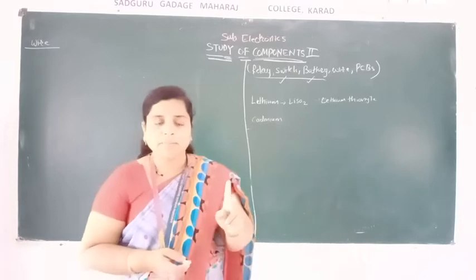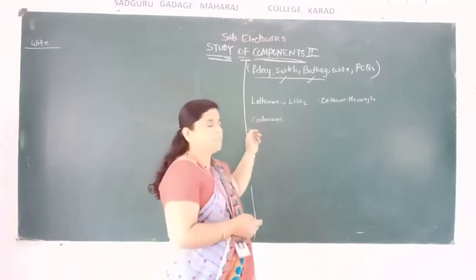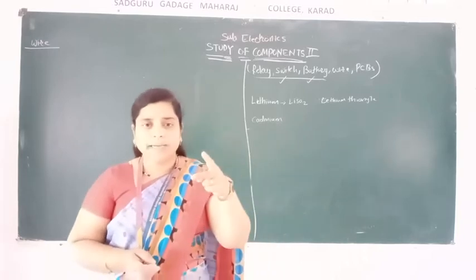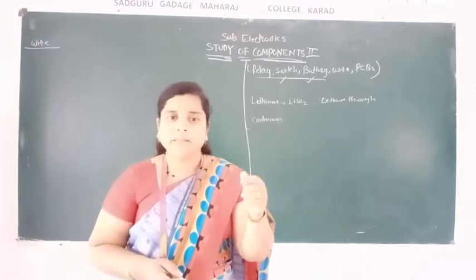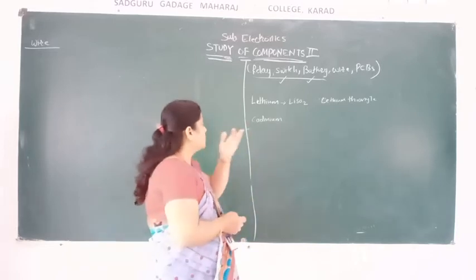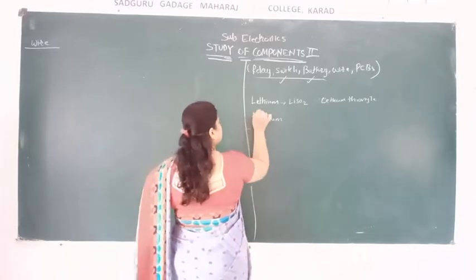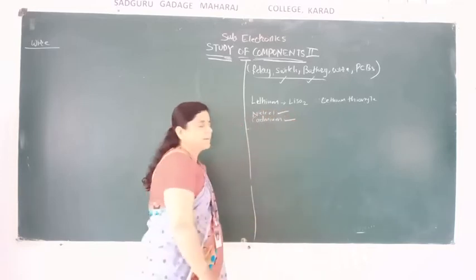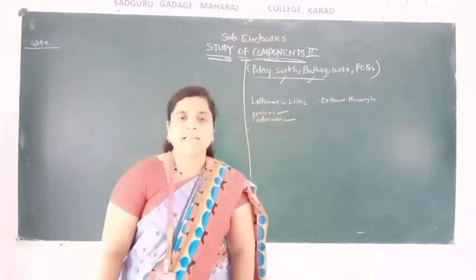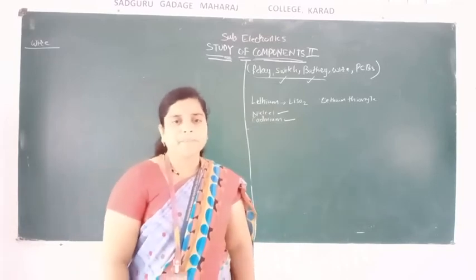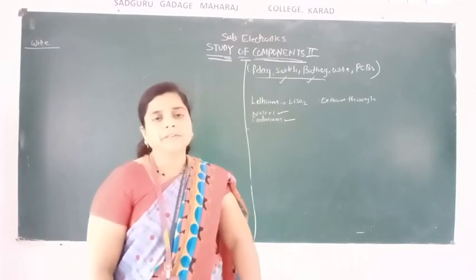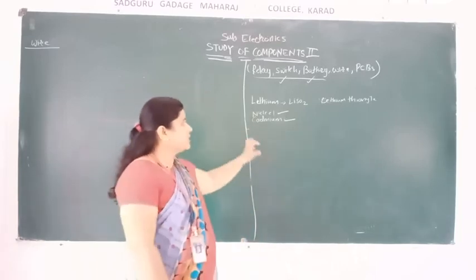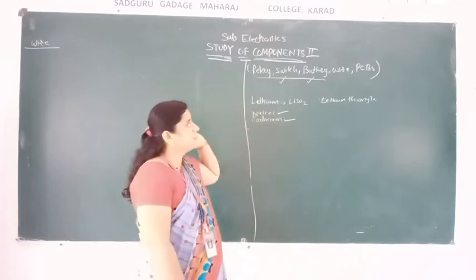Battery has two types, lithium and cadmium. Cadmium has two plates, an upper plate and a lower plate. The upper plate has nickel and the lower plate has cadmium. Therefore its name is nickel cadmium. It gives an output of 1.25 volts. All these things with diagrams we have seen in the previous lecture.